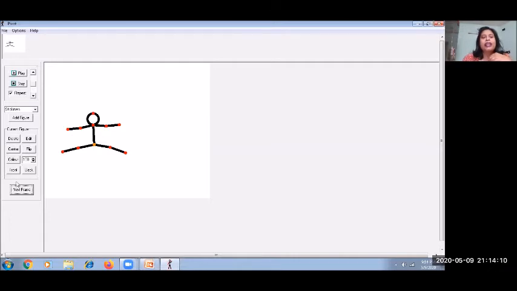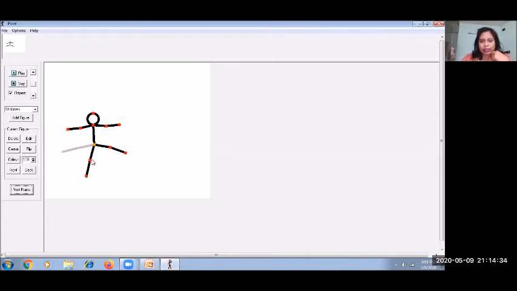Just click on next frame, and you can see one full big area on top. This top area is called the timeline. Timeline stores all the frames, because to create any animation you need to have lots of frames.